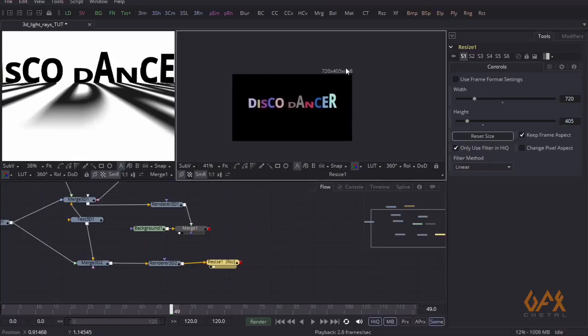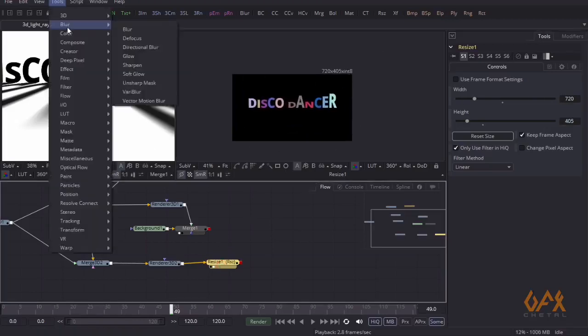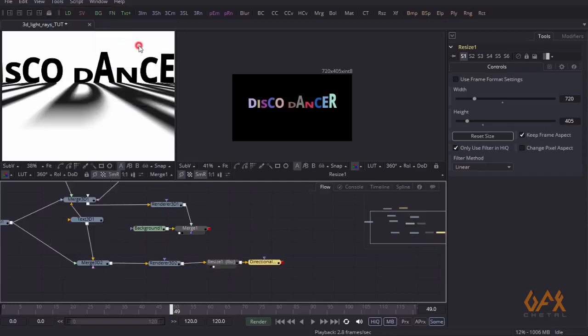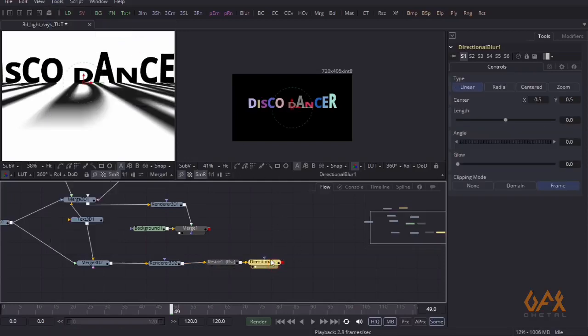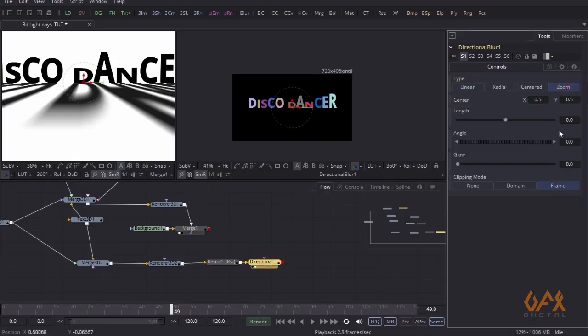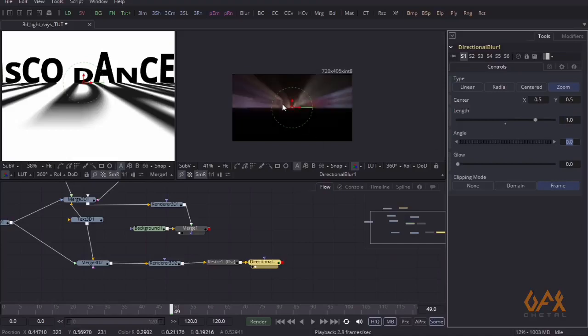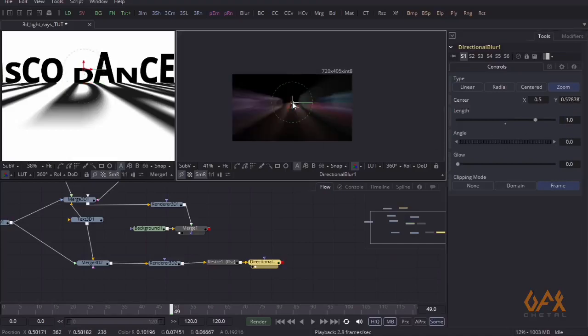So now the canvas is reduced. Now I apply Directional Blur, and in that Zoom and Length will be 1. So now you see the speed is increased,